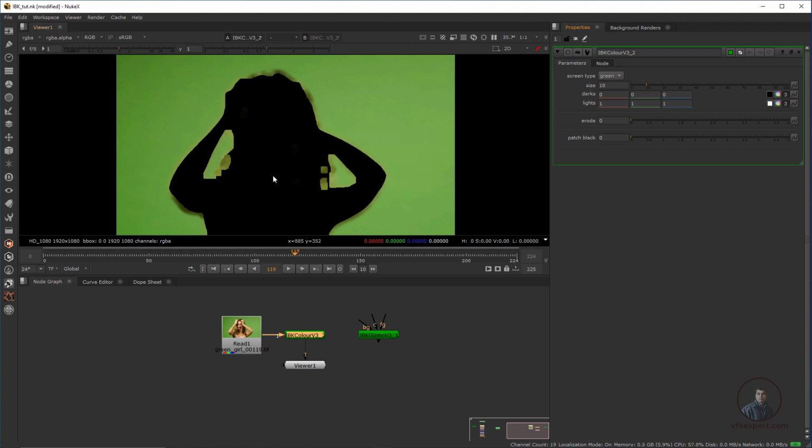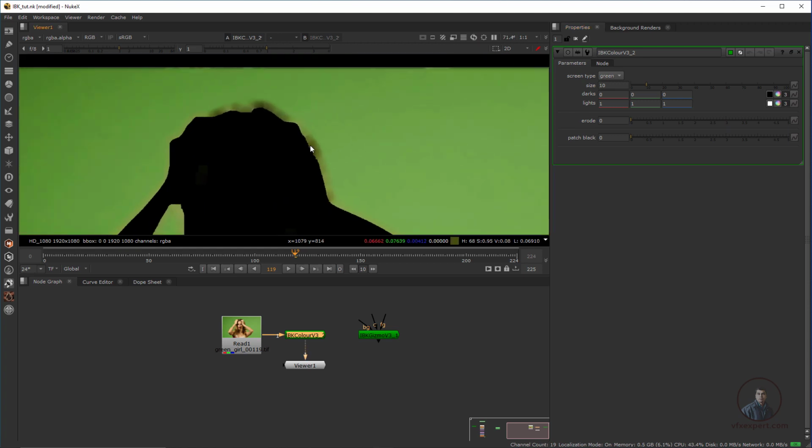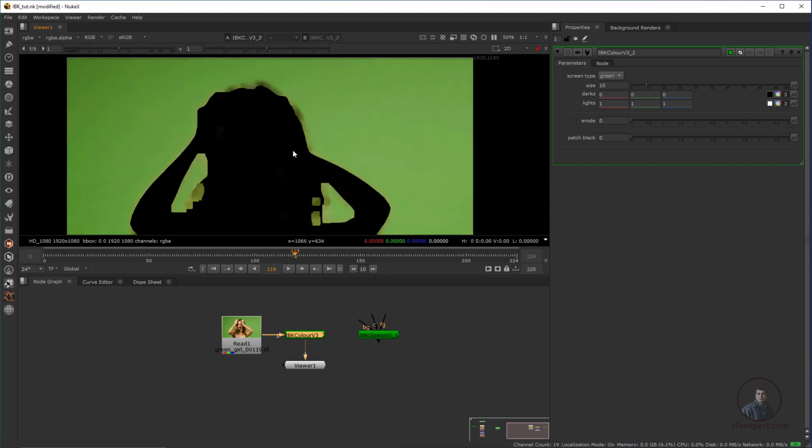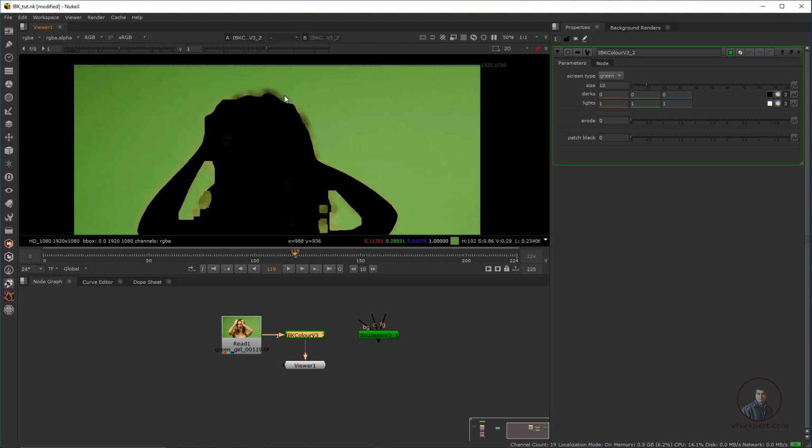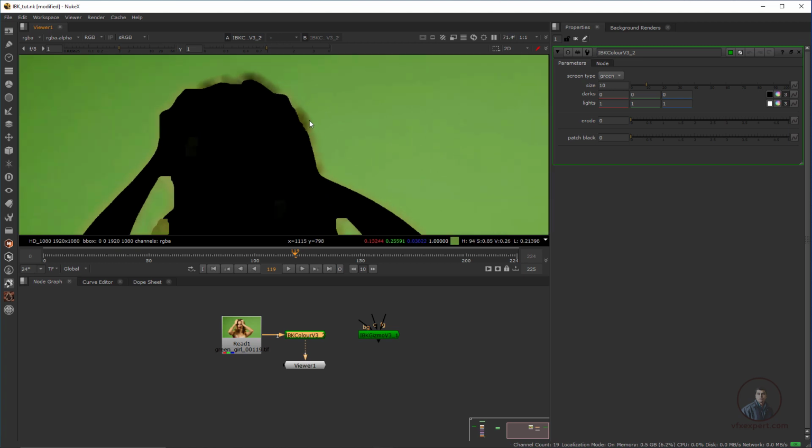Now you can see here, and if you notice a little bit, these pixels are actually semi transparent pixels. Here we have to create a smooth green plate. With the help of these parameters, how can we do all these things? First we have to cover these semi transparent pixels, because you can see some hairs are here. First we have to cover this, then we will adjust all these values.